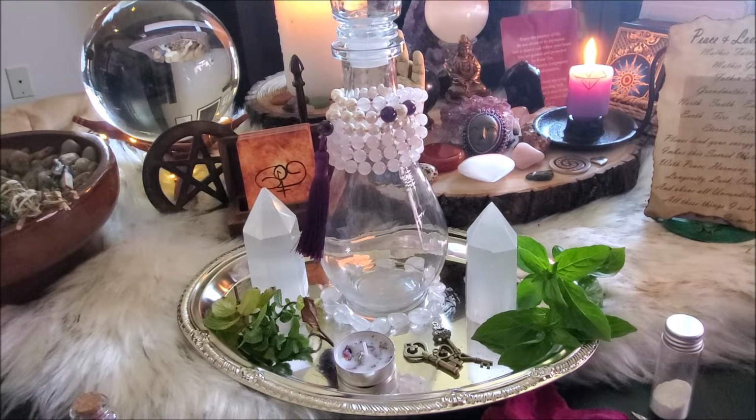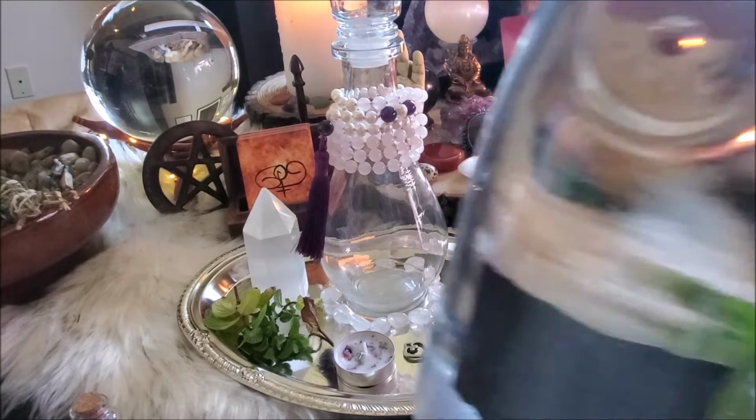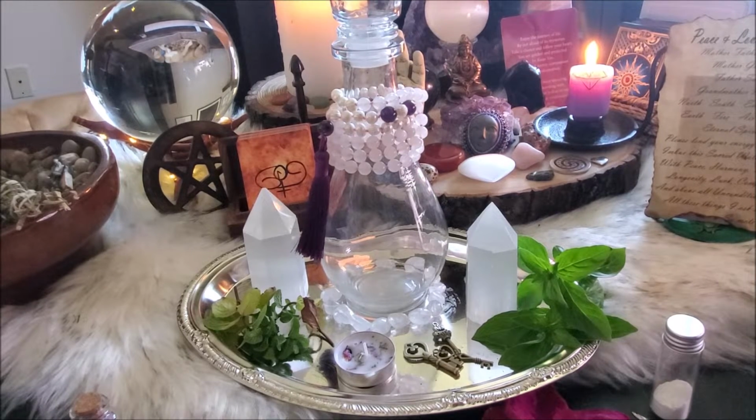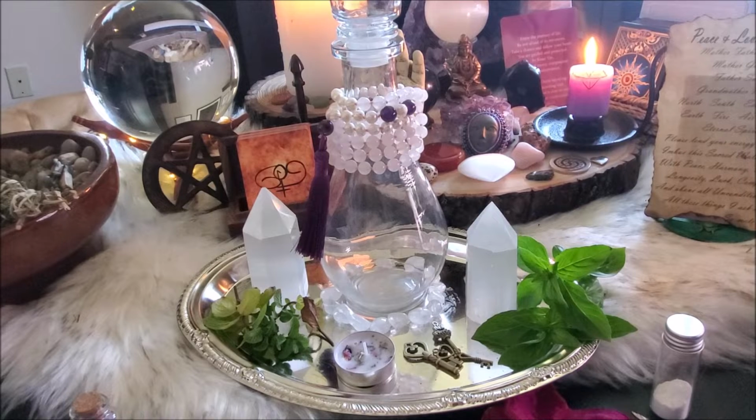Those are the ingredients that I'm going to be adding. Plus I also have some natural spring water I'm going to be adding, but I'm going to wait until I put all of my ingredients in there, which I will be showing you the process. I wanted to show you beforehand. I wanted to talk about a few of the items that I have here and why I am putting them in. Let me do these in alphabetical order,